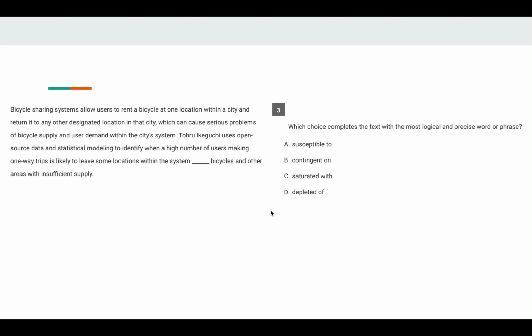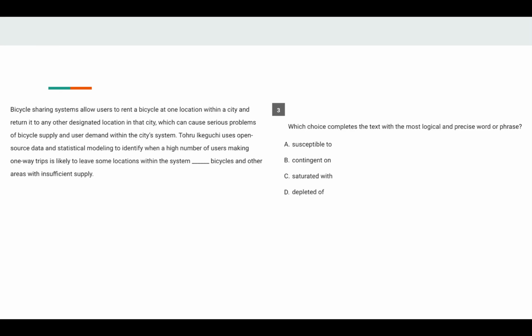Well, yeah. And then next question. So this will probably be the last example. Bicycle sharing systems allow users to rent a bicycle at one location within a city and return it to any other designated location in that city, which can cause serious problems of bicycle supply and user demand within the city system. Tohru Kiguchi uses open source data and statistical modeling to identify when a high number of users making one-way trips is likely to leave some locations within the system, something bicycles, and other areas with